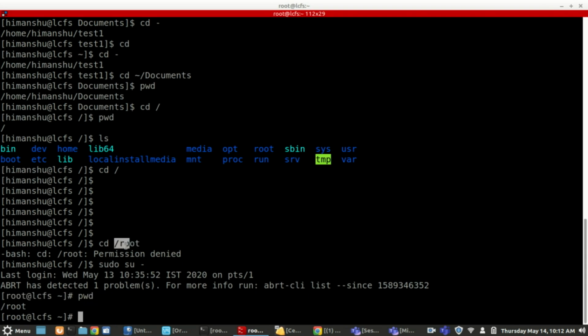So don't ever confuse slash root with only slash. If someone says go to the root path, the root path is your slash. If you want to go to the root home, then you have to go to slash root. Clear?